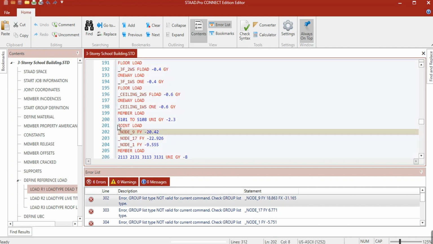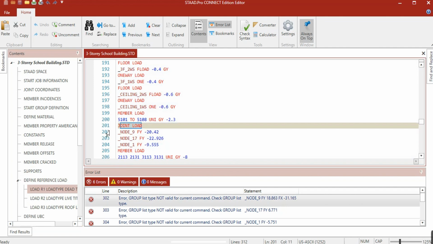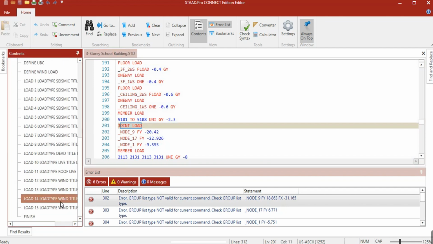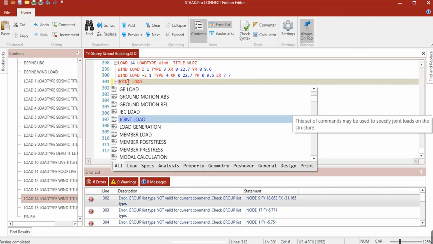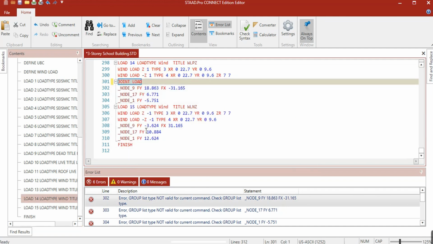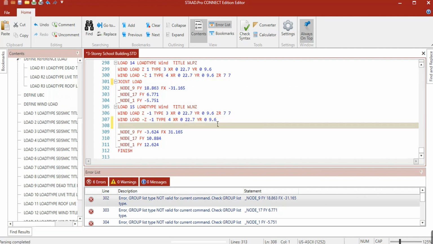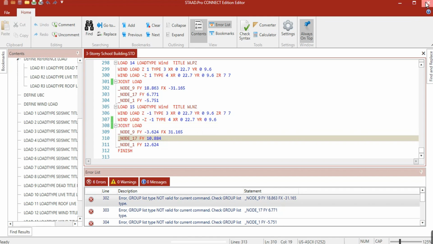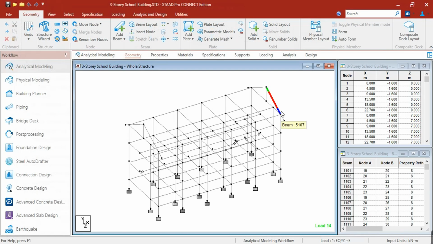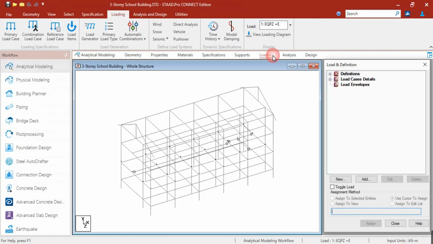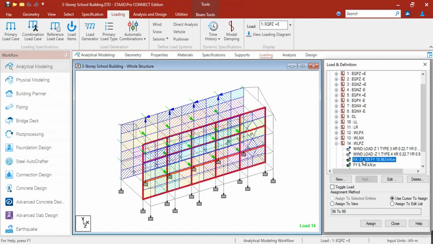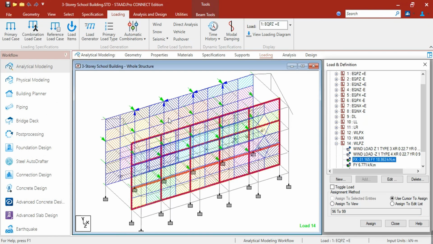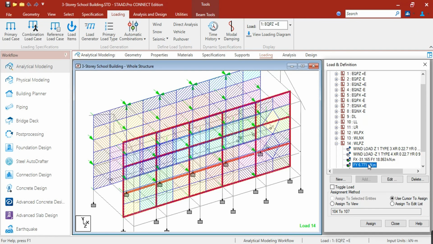So we should change the syntax to joint load instead of member load. So here, this should be joint load. And also, let's copy this and put it before the joint loads here. Then Control S, then save. Okay, now we don't have any error. So let's check if it is properly assigned. Okay, so this is now the joint loads.